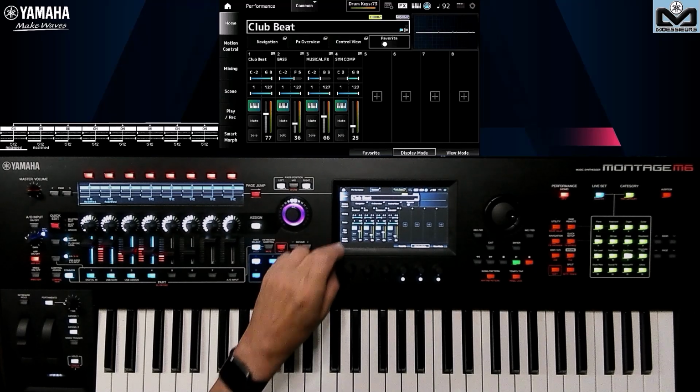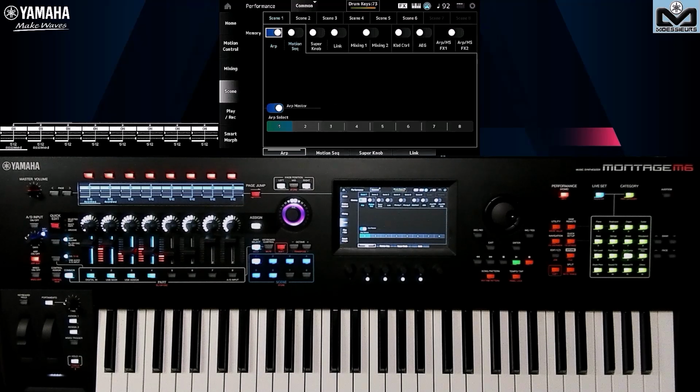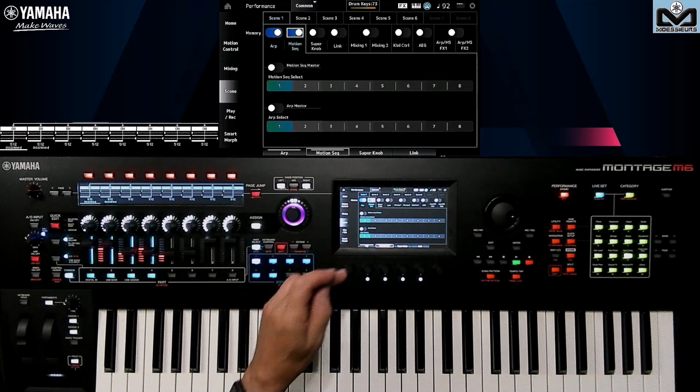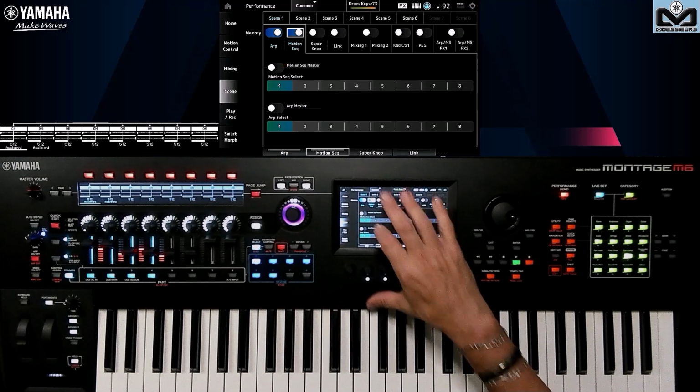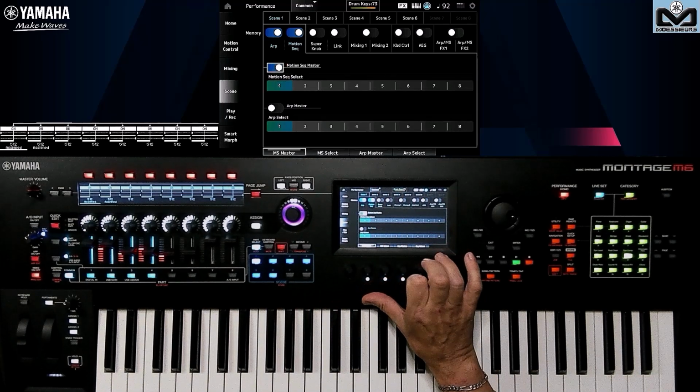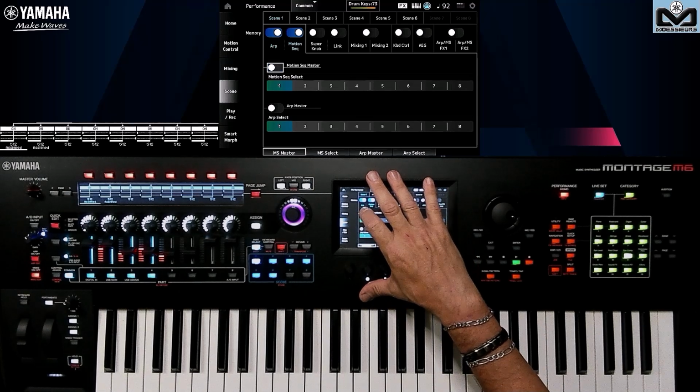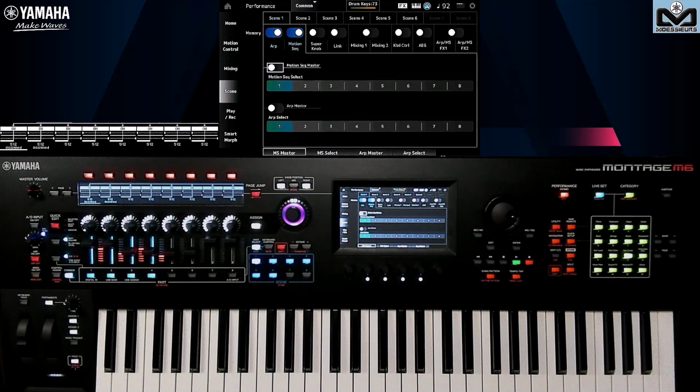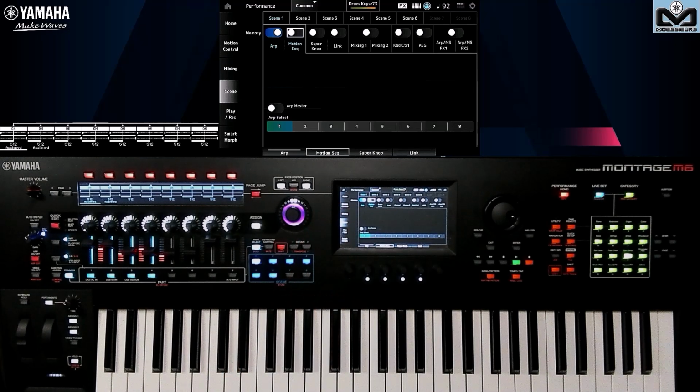It's the same, I go into my scene like this, I've kept it well, I've copied it well. If I simply want to reorganize, I change the variations because it calls for variations. If I want that, it comes here, which was variation 1. Here I put 1, 2, 3, 4, I put 5 for example, to redo what it was before. But on this one, I want to deactivate the ARP master. There's no motion sequencer. You can do exactly the same thing here with the motion sequencer. Obviously, everything I've shown for the arpeggios works exactly the same way for the motion sequences. I'm not going to do it again with the motion sequence, but it's basically the same for both. I'll remove the motion sequence view to not lose you, and concentrate on the arpeggios.